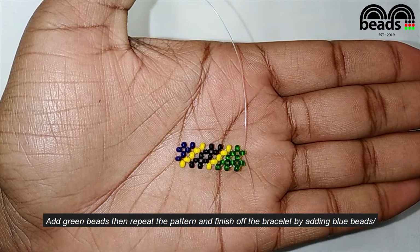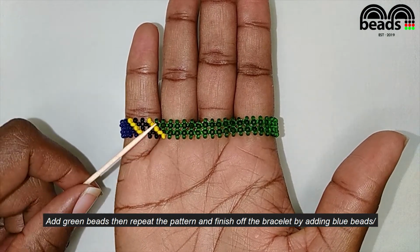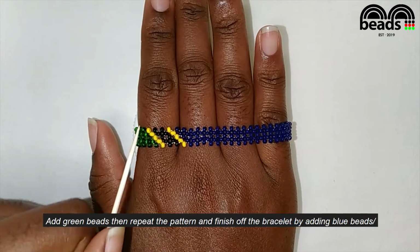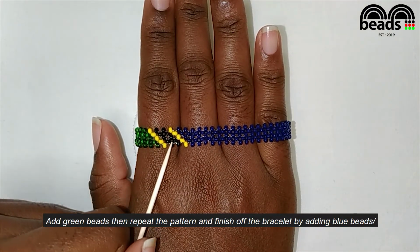So this is how the pattern goes. We started by adding yellow and then two rows of black beads and then another row of yellow beads, and then after that you're going to continue adding green beads, then repeat the pattern and then finish off by adding